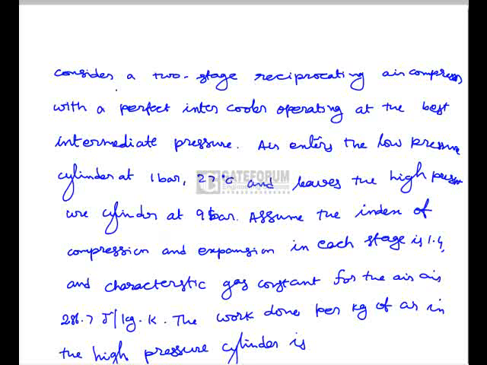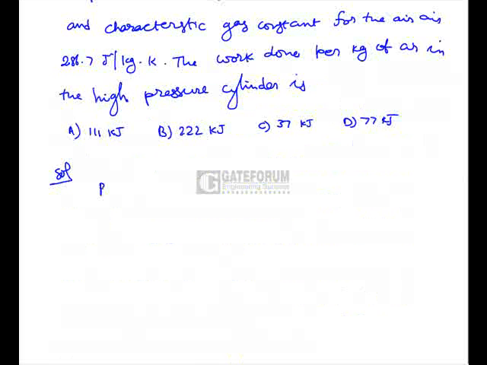So here it is a two-stage reciprocating compressor with a perfect intercooler. In case of a perfect intercooler, the intermediate pressure is given by root of P1 into P3. Let us say P2 is the intermediate pressure, P1 is the initial pressure, that is the entrance pressure at the low pressure cylinder, and P3 is the exit pressure at the